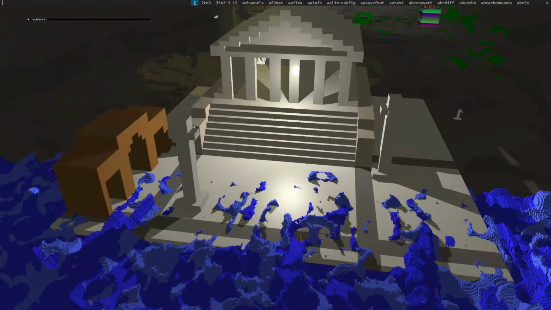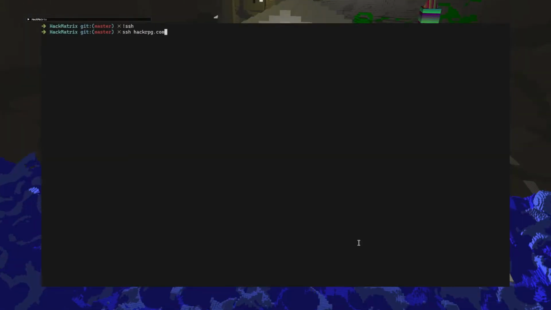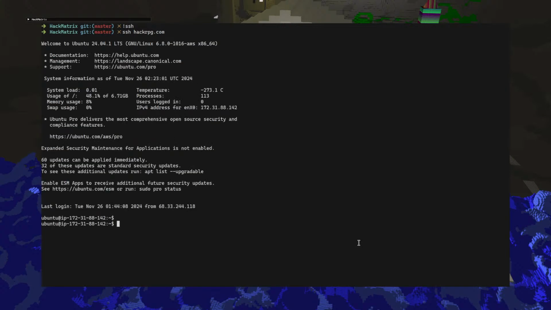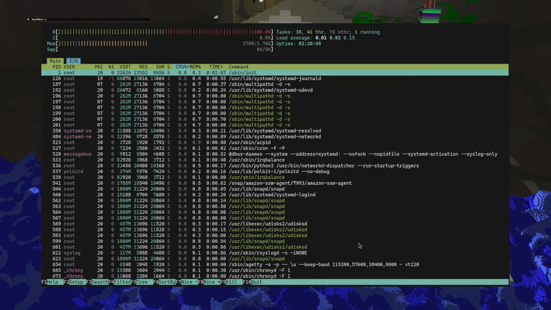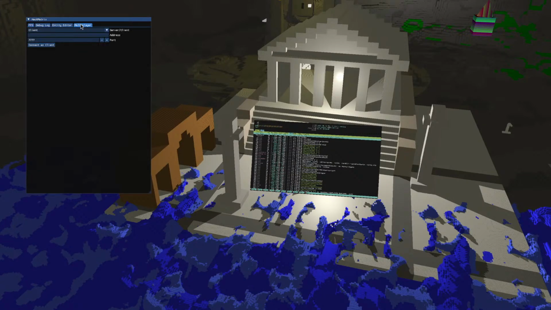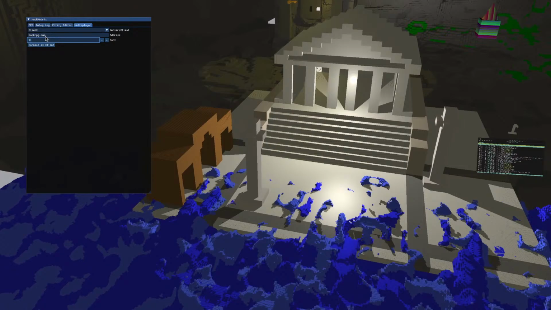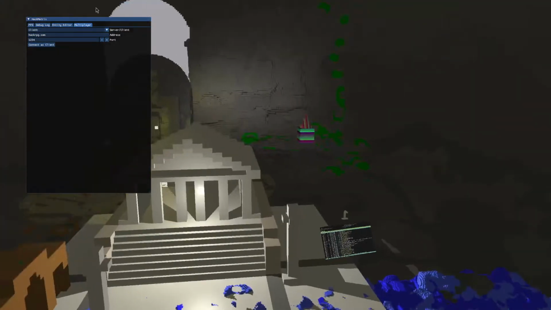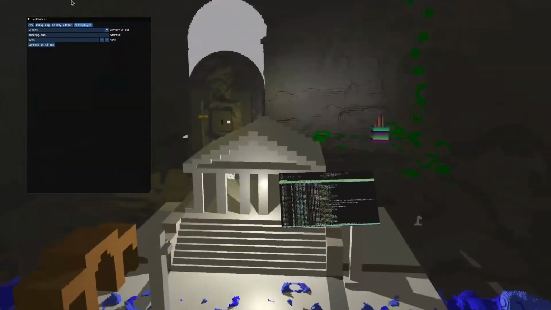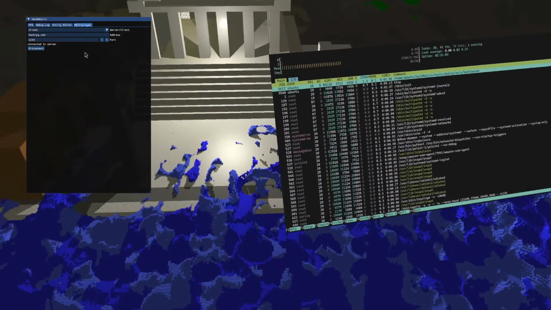Okay, I want to use SSH so I can htop to see what happens to the server when I try to connect to it. HackRPG.com 1234. It may just be that the client I was using was old somehow. Yeah, that's definitely what it was.